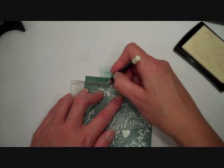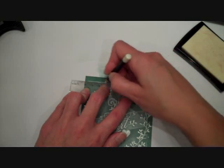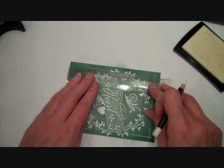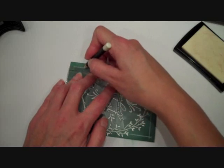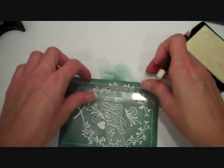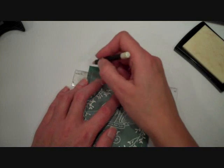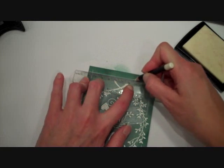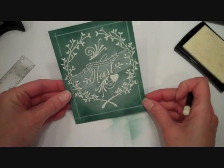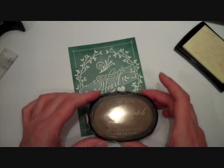Just go back and forth a couple times, make those lines as dark and as vibrant as you want them to be. And you'll notice here again, as I draw my line, anytime I come to a stamped portion, I'm going to stop, leave a little bit of room, and then restart my line. Finish this up by drawing one more line across the bottom. See how our little details with the inking and the white pencil really brought it to life and made it look very realistic. Now one more last step